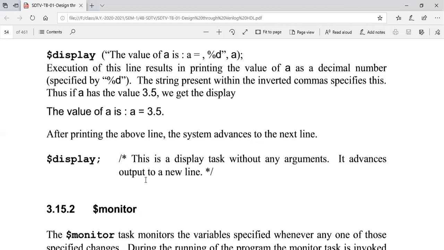Reading, what we say in the C language, we use scanf to read and printf to print. Instead of both, we have a display command in Verilog HDL. Here both things are done, right? This is for reading and this is for printing, right? Okay.